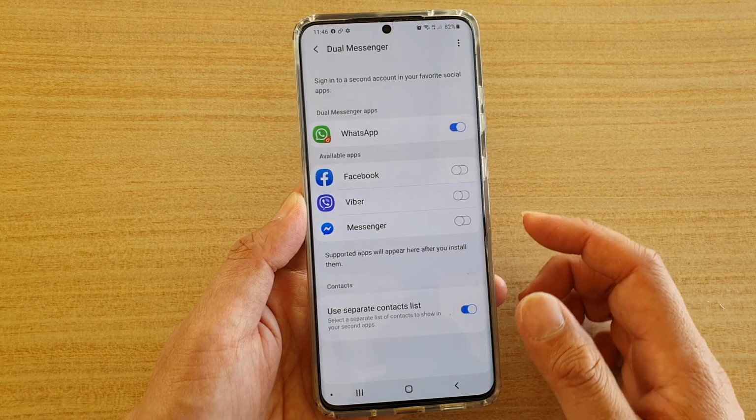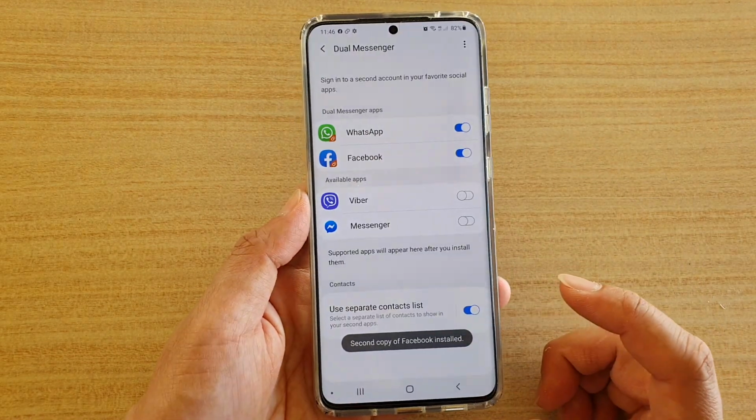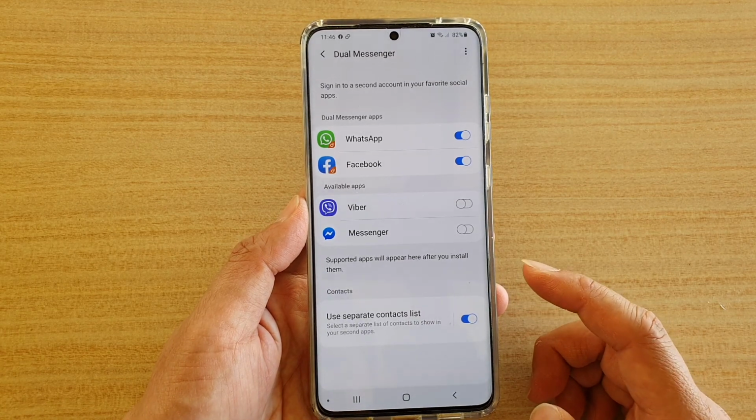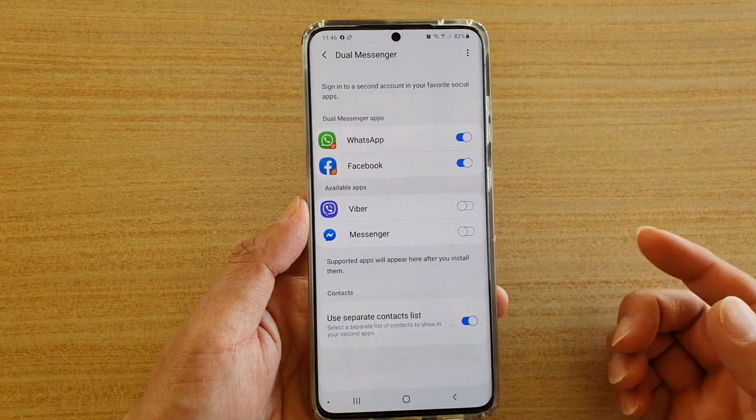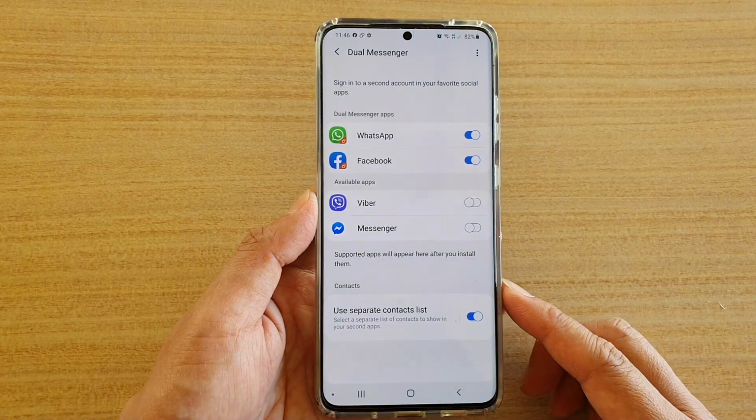And then I'm just going to go back and then say Facebook. You can also tap on that to install a second copy of Facebook. And that's it. So that's how you can enable or disable dual messenger on your Samsung Galaxy S20, S20 Plus,